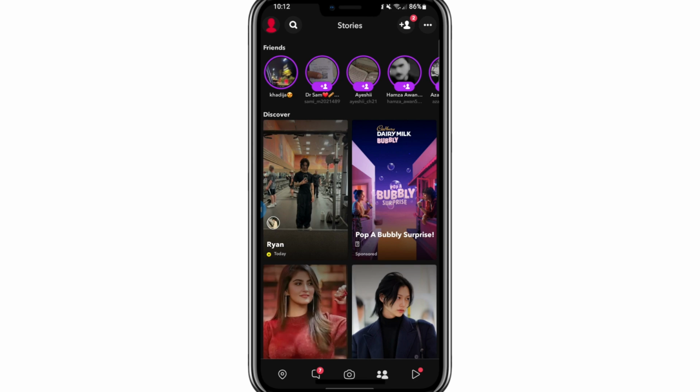First of all, it is important to understand that Snapchat does not allow you to repost anyone's stories unless they have tagged you in that story. If someone has tagged you, you will be able to repost it. For this tutorial, one of my friends has tagged me in their story, so I will show you the steps